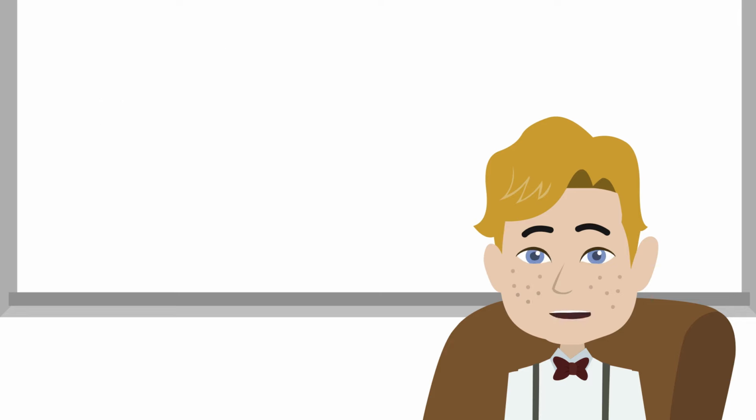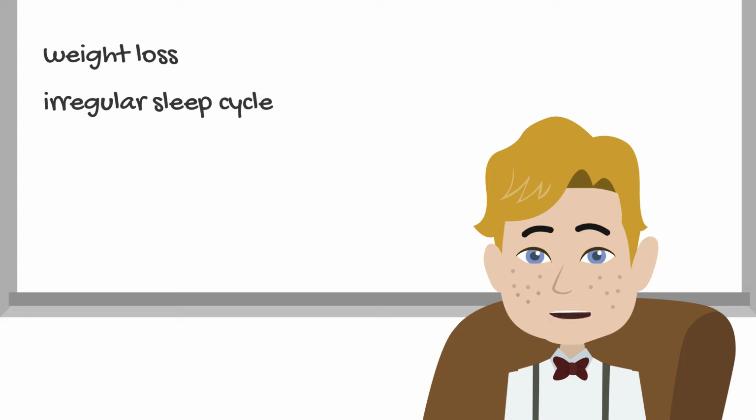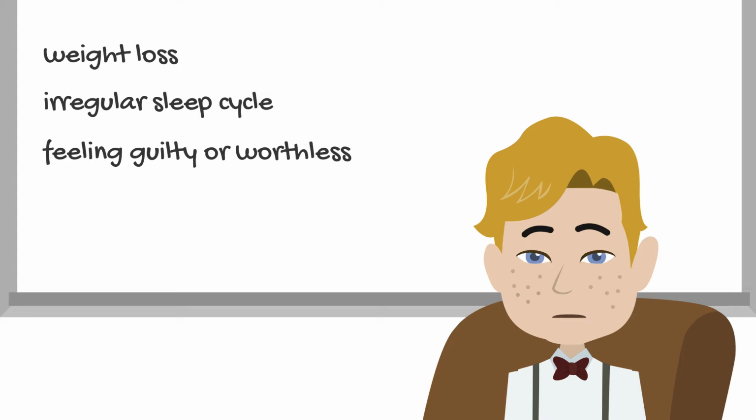First off, there's the major depression, also referred to as a major depressive disorder. Typical signs for major depressive disorder, for example, include weight loss, trouble with one's sleep cycle, feeling guilty or worthless, and much more can be signs for depression or major depressive disorder. To diagnose someone with major depressive disorder, at least 5 common symptoms, where one symptom must be depressive mood or loss of interest, have to be diagnosed daily over a stretch of 2 weeks.